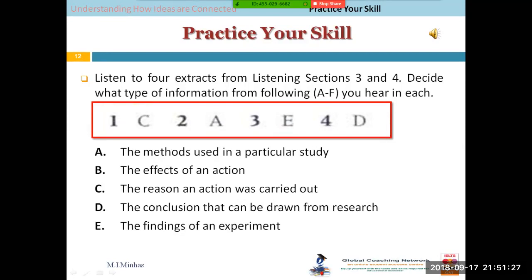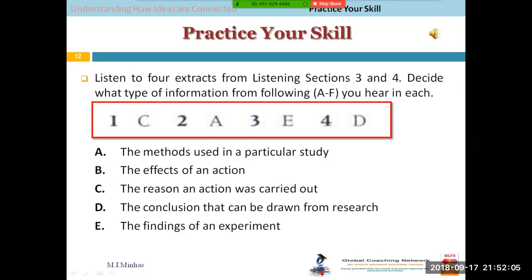Then there are 2 students describing the methods they have used in their study. And this thing I have told you in reading classes, what do we mean by methods of a study? Methods are all those arrangements that we make to carry out a study. Like first we will keep the animals hungry, then we will put some camera, then we will weigh them, then we will make them run, then we will feed them and so on. So all that arrangement comes under methods of a study.